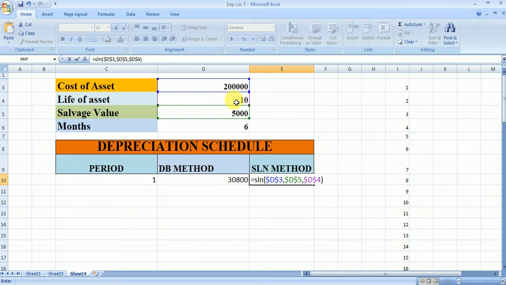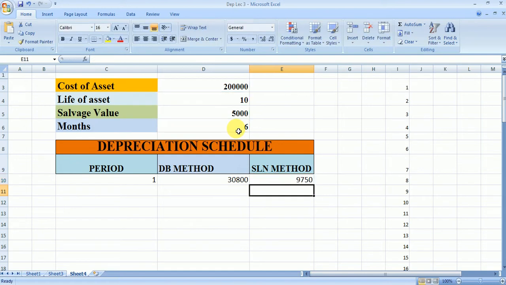As we know, there is a drawback of the SLN function: it does not consider the month while calculating the depreciation. So in that case we have to multiply by the month, which is again going to be fixed, divided by 12. In this way we calculate the depreciation according to the SLN method.